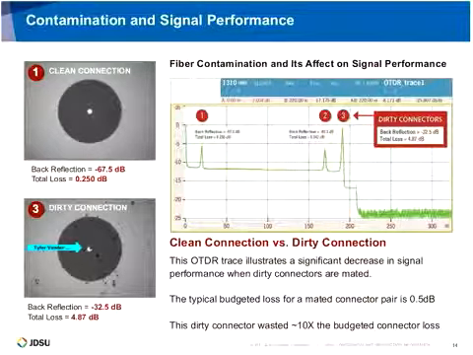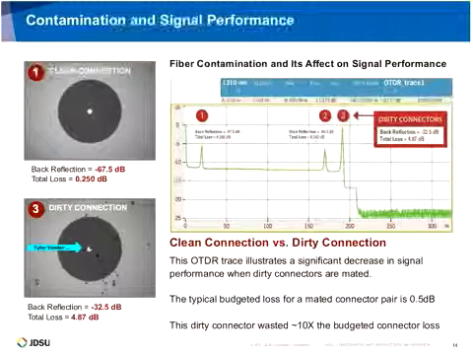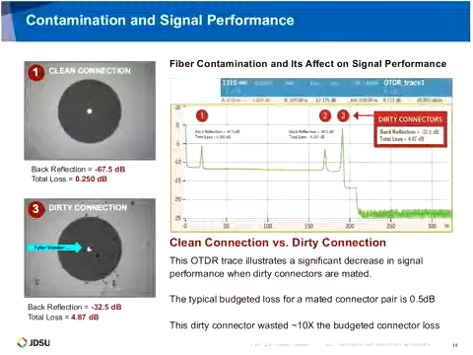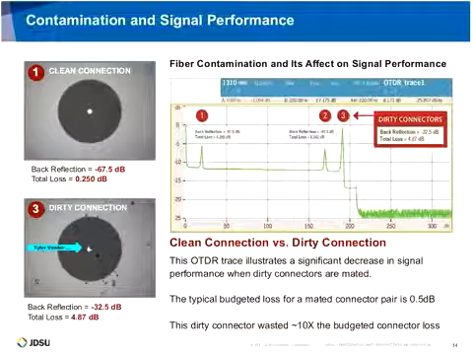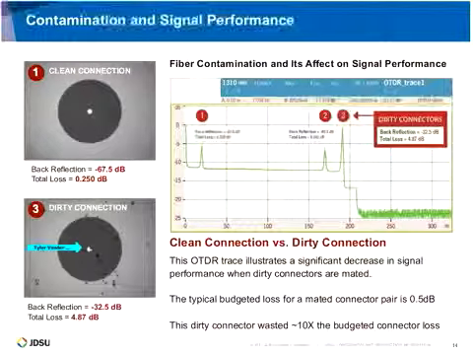Now just bear in mind here that the core of that fiber is 9 microns, and that particle there is probably less than half that size, so we're dealing with a 5 micron particle here that landed on the core of that fiber. And so we're talking about a microscopic 5-micron particle now taking your network down. And so, as I like to say, welcome to the microscopic world of fiber optics and the problems that come with them. Obviously, we love fiber optics, but these are the kind of things that we need to be mindful of